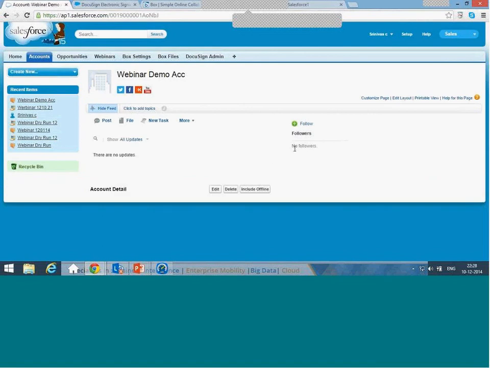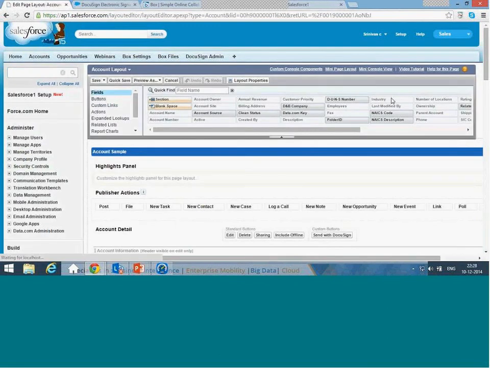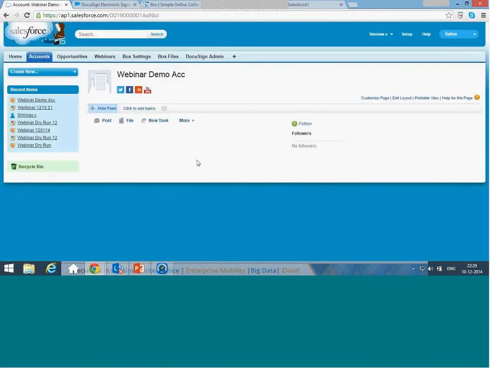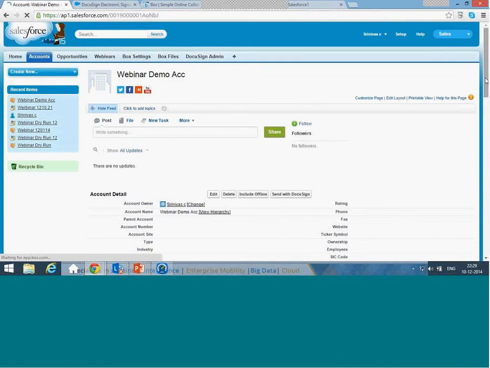Previously done, then edit layout, go to the account. Oh, it is already there, the Send with DocuSign button. So just go to edit layout and then buttons, and drag this Send with DocuSign button. You can see the Send with DocuSign button, drag it, and then you load a document under it. So let me see whether the